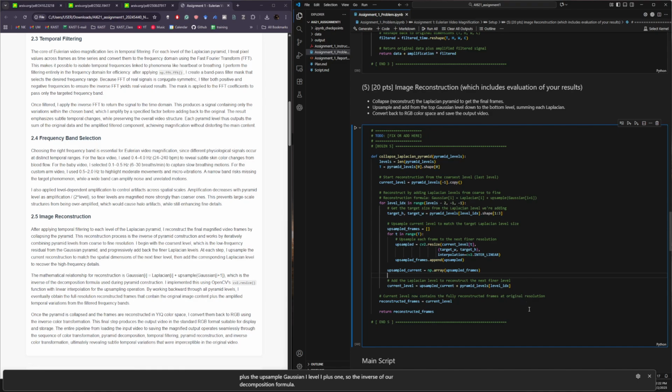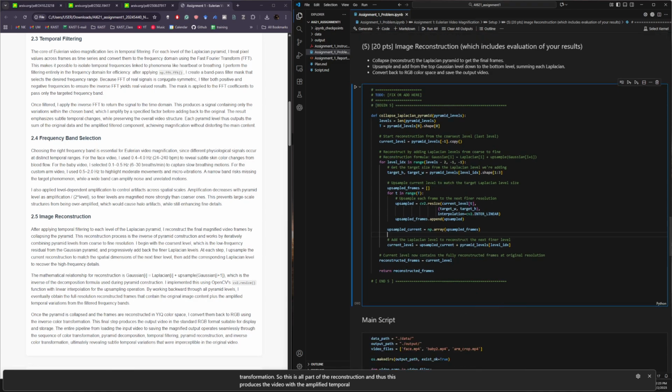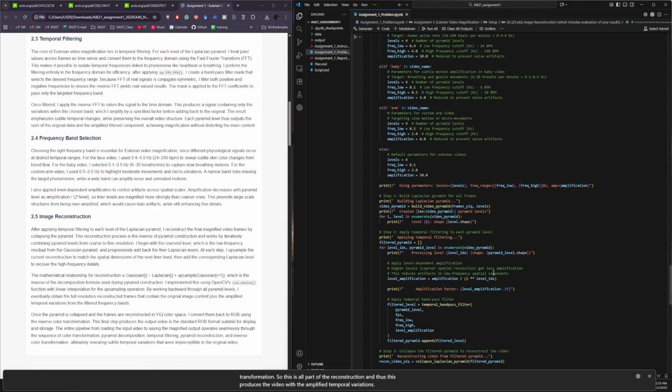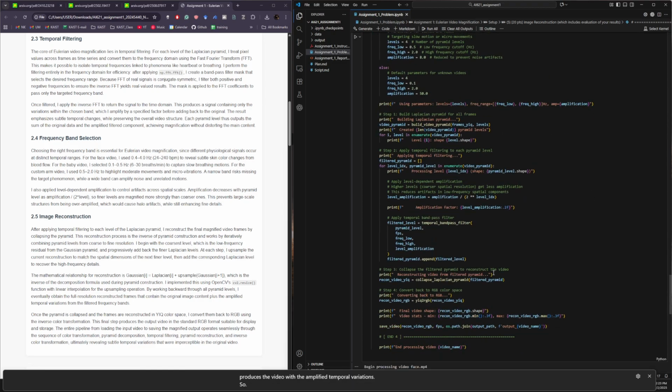In a way, we are working backwards through all the pyramid levels, and then I eventually obtain the full resolution reconstructed frames in the YIQ space. And finally, I convert them back to RGB using the inverse color transformation. So this is all part of the reconstruction, and thus this produces the video with the amplified temporal variations. So we can discuss